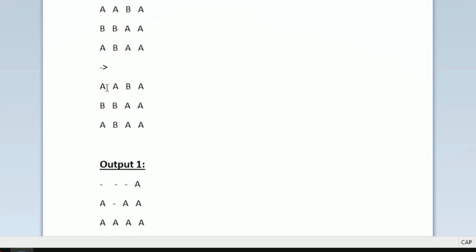So the first column in this matrix is A, B and A. First we have to replace the characters B with hyphen. So I am replacing the character B with hyphen. And now we have to move all the characters A towards down. Totally there are two characters A, so both the A must be shifted towards down and this hyphen must be moved towards up. So the character A will be coming down and the hyphen will be moving up. This is how our first column will be looking like after modifying as per the conditions given in the question. We have shifted the characters A towards down and we have replaced the characters B with hyphen.